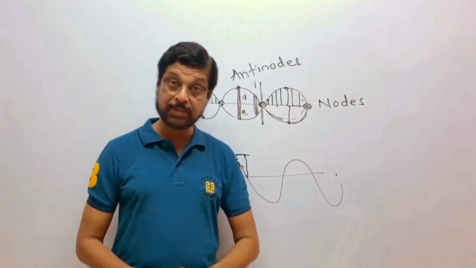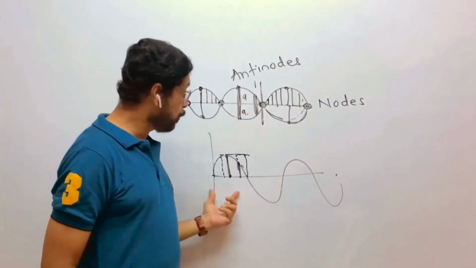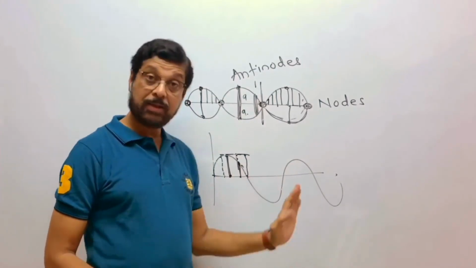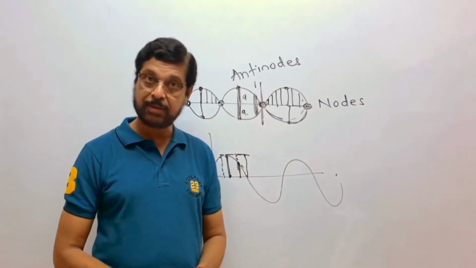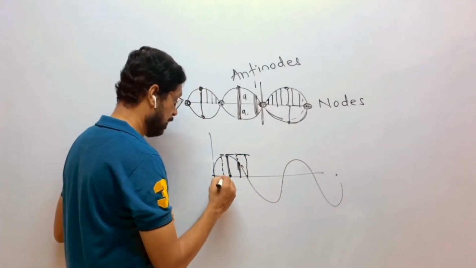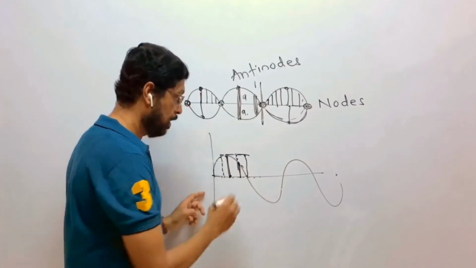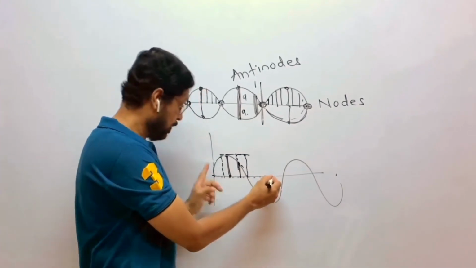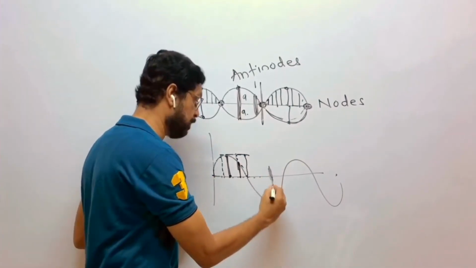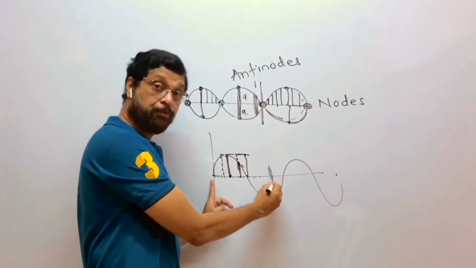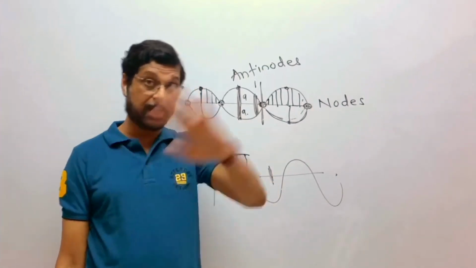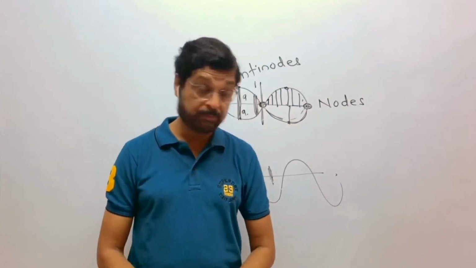Third big difference is that in a progressive wave, every particle is having different phase. We have seen that again. कि हर पार्टिकल का फेज क्या होगा, अलग होगा. आगे वाला पार्टिकल पीछे वाले पार्टिकल से पीछे होगा फेज में. The next particle is lagging behind in phase than the previous particle. In progressive wave every particle is having different phase.